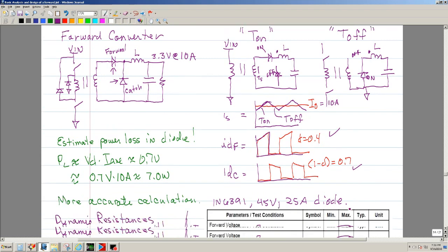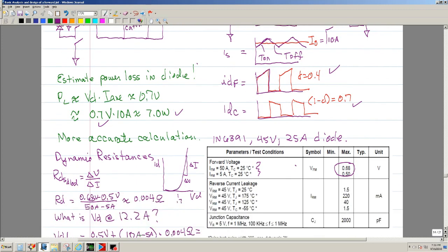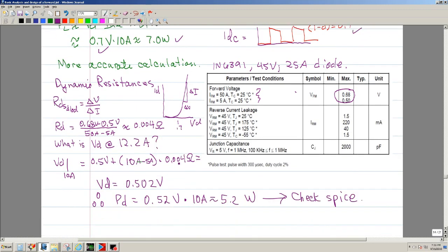Now, typically when we're calculating power losses, you can assume that the voltage across the diode is 0.6 volts. Since the average output current here is going to be 10 amps, you can make a quick calculation and just say that it's 7 watts. If you want to get a little bit more accurate,